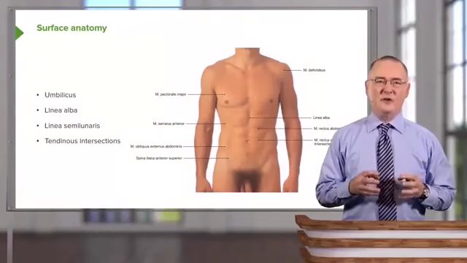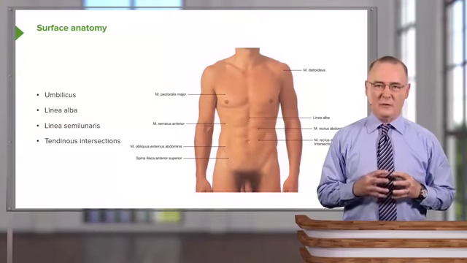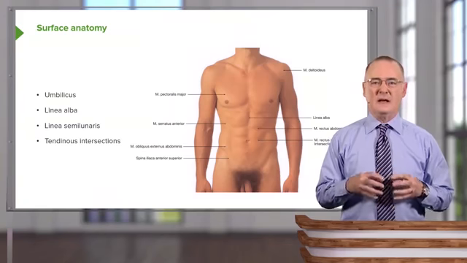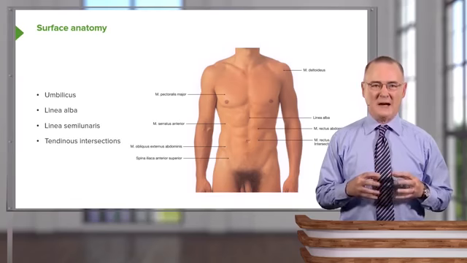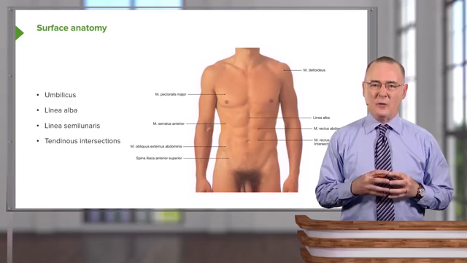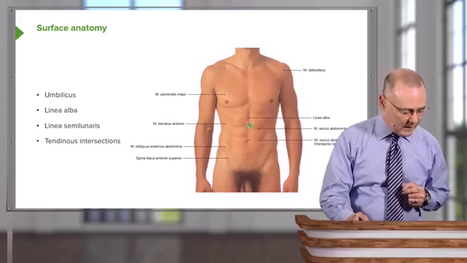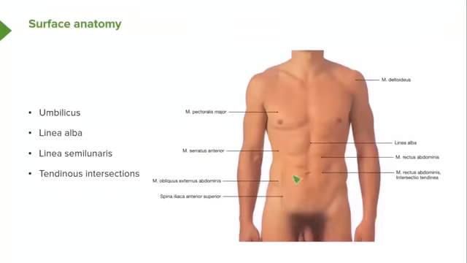This slide brings us to surface anatomy, or the surface relief of the anterior abdominal wall. This is best demonstrated in a young, well-developed male with less than 10% body fat. The landmarks that we're interested in are in the area of the rectus abdominis. The rectus abdominis underlies the skin and rectus sheath in this area, as well as on the left side of the body. In the midline, we have the belly button, or the umbilicus,